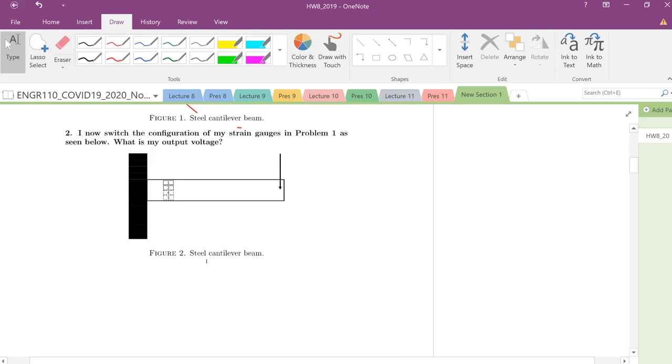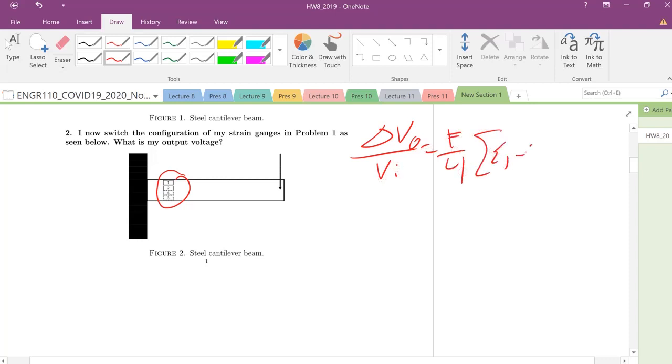Problem today. So continuing on from our discussion, we're dealing with our cantilever beam again, except now we have essentially switched the configuration of our strain gauges here. So remember, we have this fundamental equation, which you'll get sick of writing. You'll know it by heart. Gauge factor over 4 times the strain in 1 minus the strain in 2